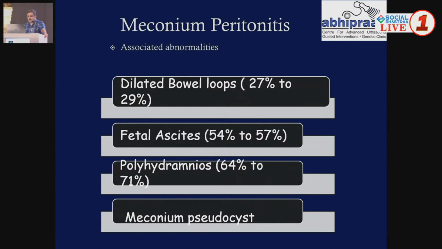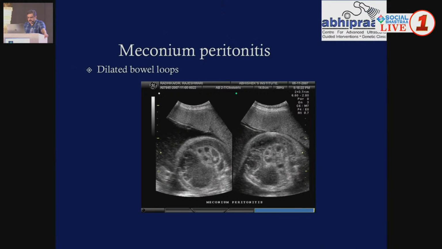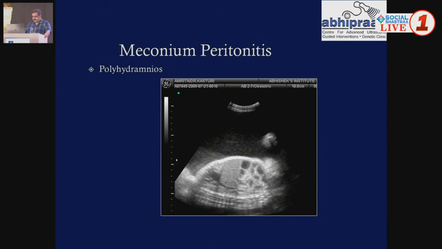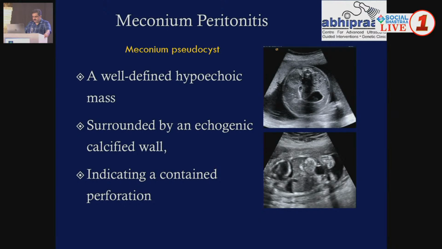You can have associated abnormalities. When you see meconium peritonitis, you have to look for fetal ascites, polyhydramnios, and dilated bowel loops. If it is more contained, with a better prognosis, you will have a meconium pseudocyst. So you can have dilated loops, which is worrisome. You can have ascites, you can have polyhydramnios, but a good positive outcome is when you have a pseudocyst, which